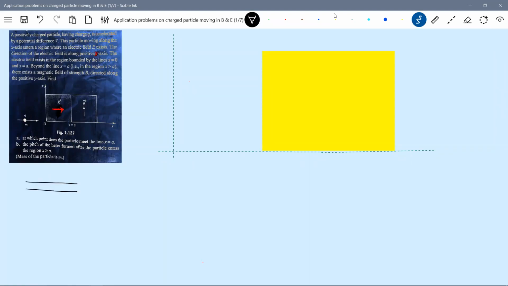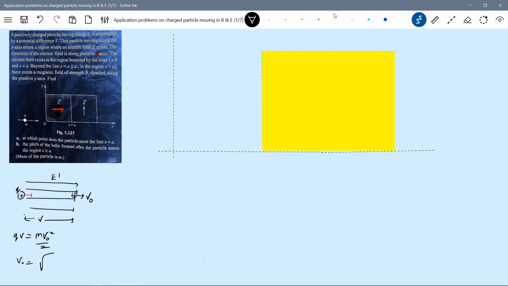Suppose this is an electric field, not that electric field, some other one. Let's call it E dash. The potential difference will be V. If I release a charged particle here from rest, it will start accelerating. By the time it comes here, the charged particle will acquire a velocity v. Why does it acquire a velocity? Because it gets accelerated due to this potential difference V. So the work done by the electrostatic force should be equal to m v naught square by 2.